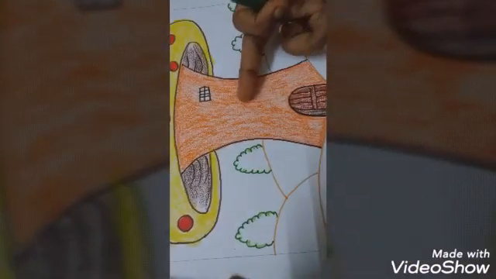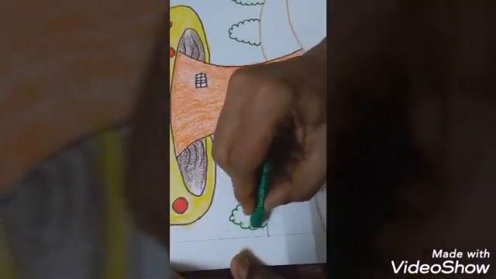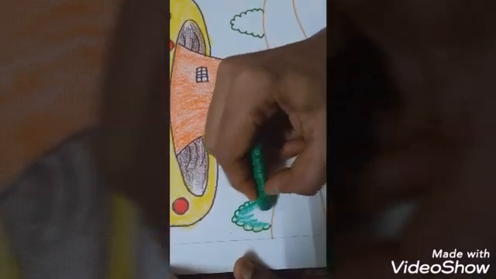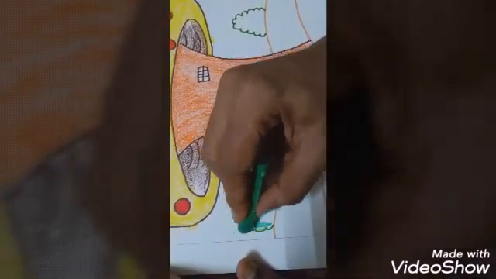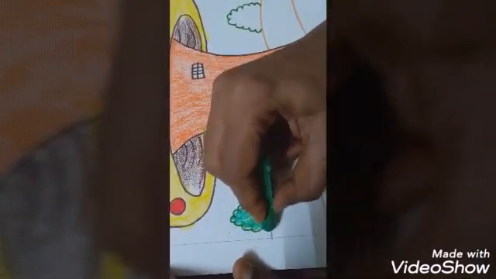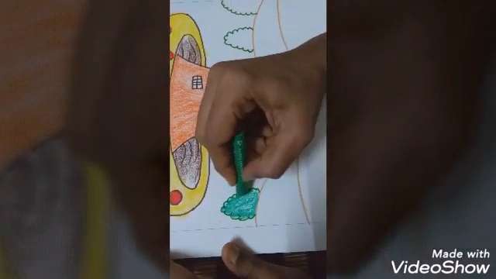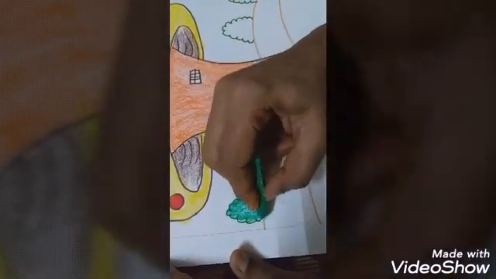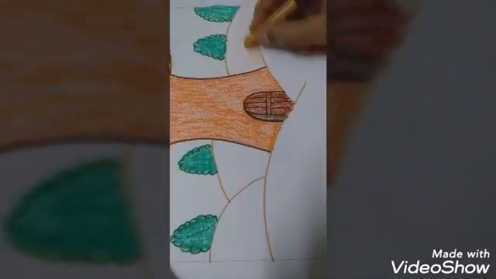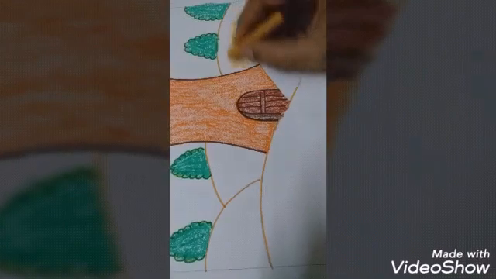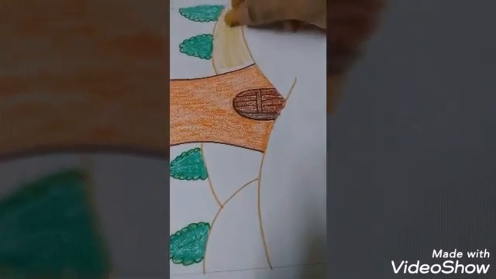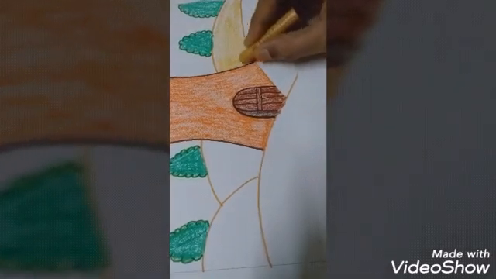After finishing the orange color, next we have to finish the bushes. Bushes outline dark green, light green. Whatever sketch you have, you can give. Inside dark you have to give for the bushes. After finishing the bushes, you have to give yellow ochre. If you don't have yellow ochre, yellow and peach you can give.